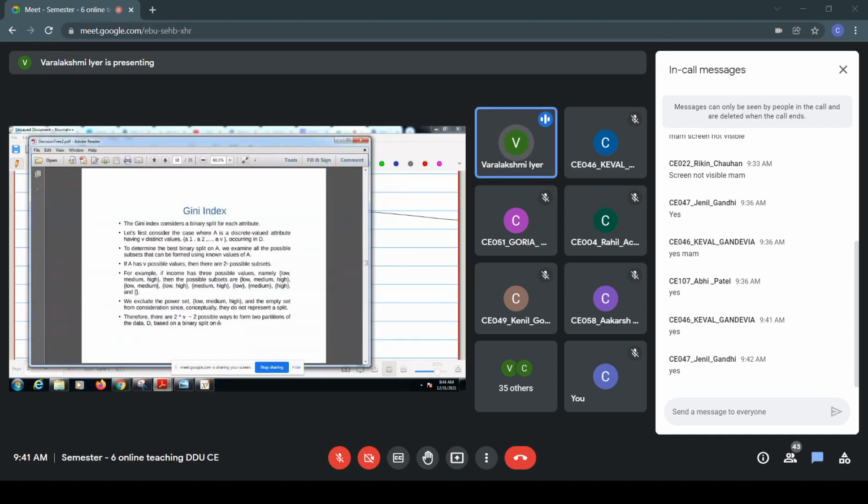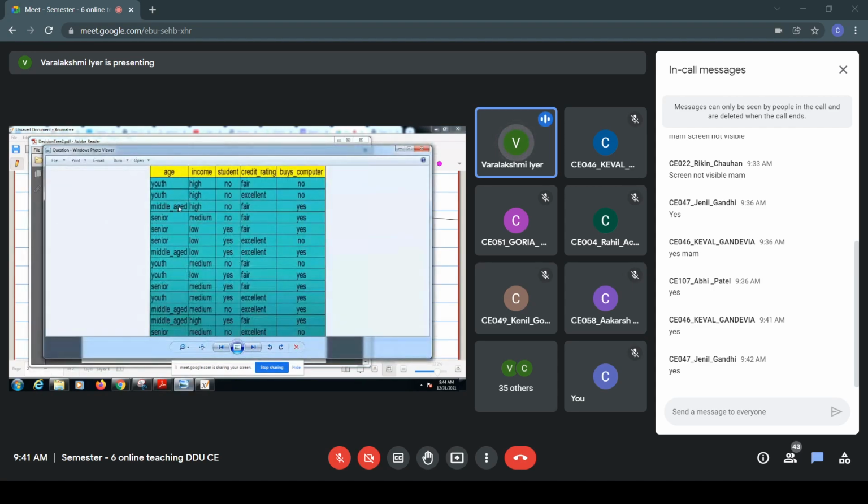So you can create low, medium, and high; low, high, and medium; low, medium, high, and low. Similarly, in the case of age also, you can create similar subsets. So what I want right now is you calculate the Gini impurity for the 3 sets of branches that can be created, and find out whether you are able to perform the calculation or not.